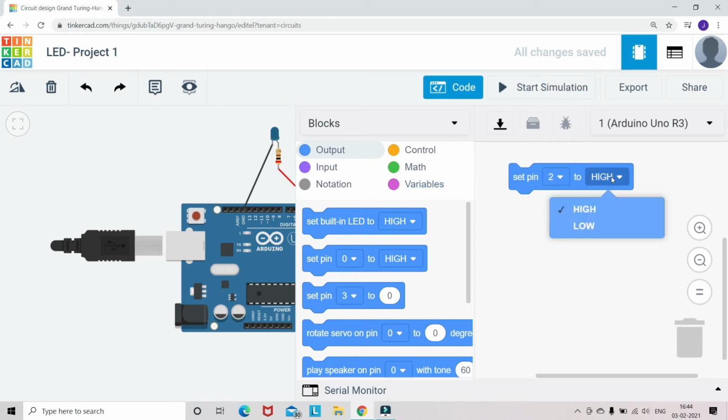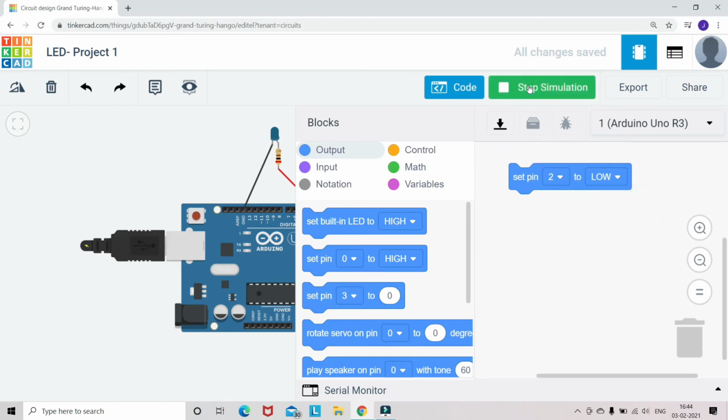That's it. Now if I want to do more controlling, for example, if I am making it low, you can see the LED is not on. LED is not blinking at all. Even it's not on. The reason is that I connected this to low. If I'm making that pin low, in the sense I'm connecting that to ground.